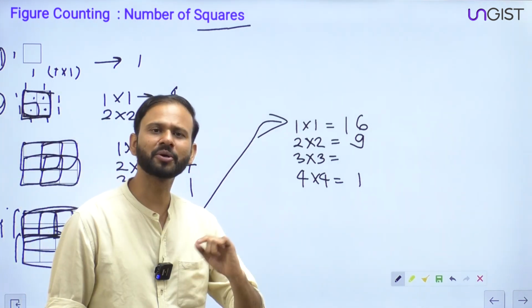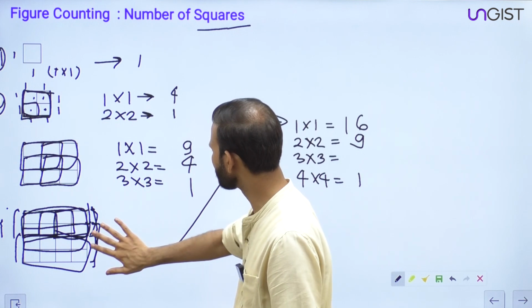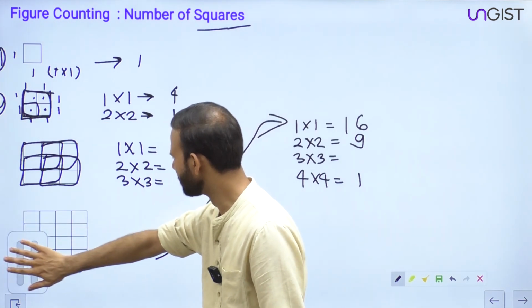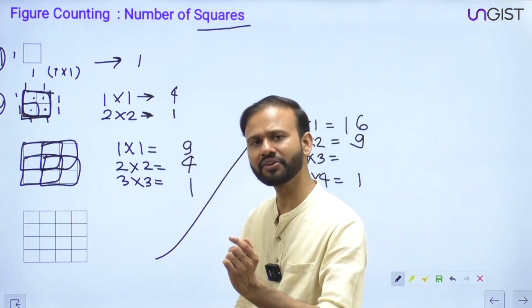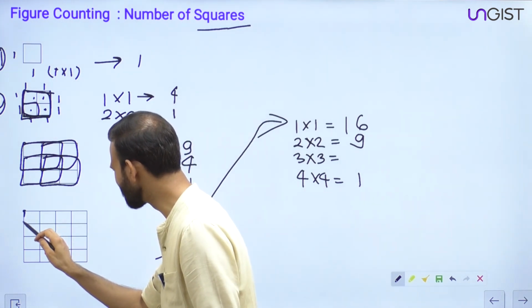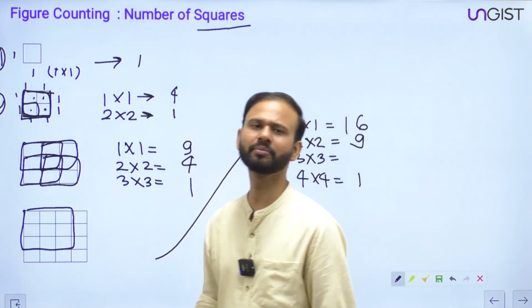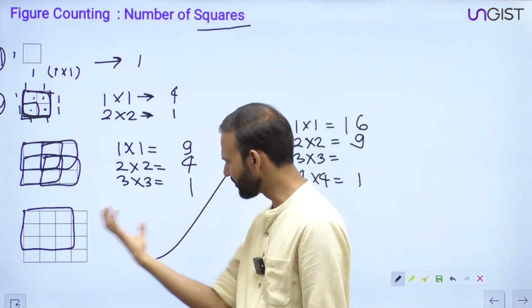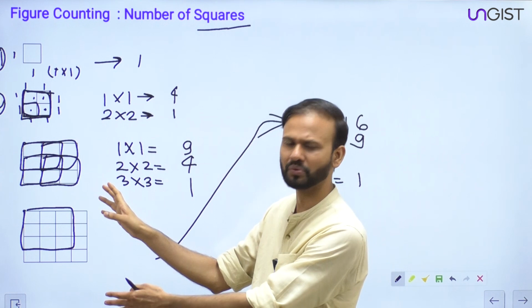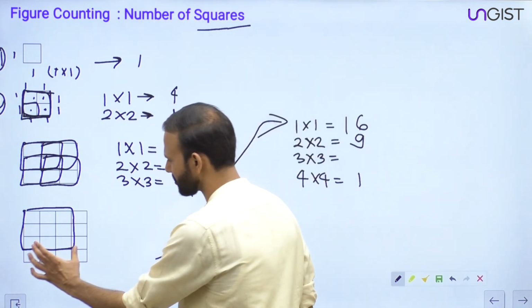Okay. Now let's talk about 3 by 3. Everyone, now let's talk about 3 by 3. Please fix one 3 by 3 in the corner. This is one 3 by 3. Now try to move it in the entire figure. Where it can go, let it go. So this is 1,